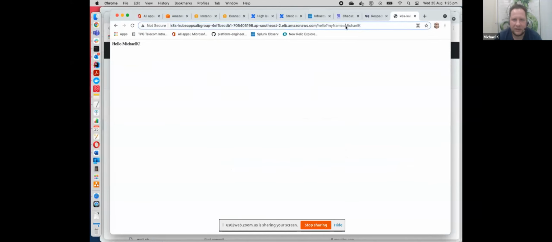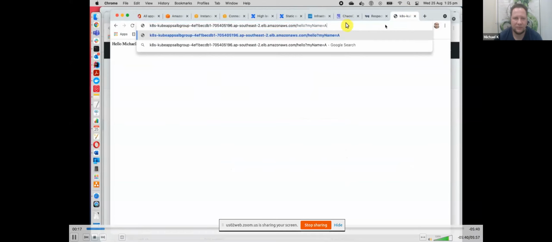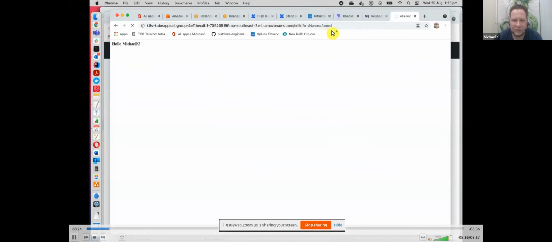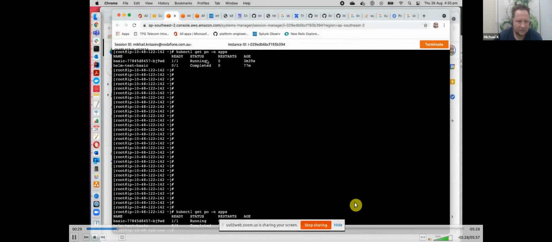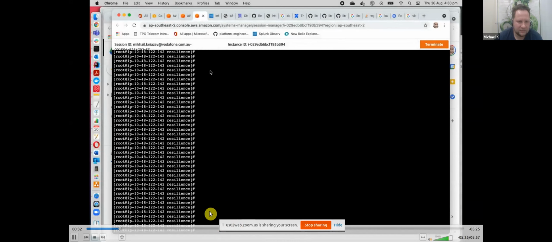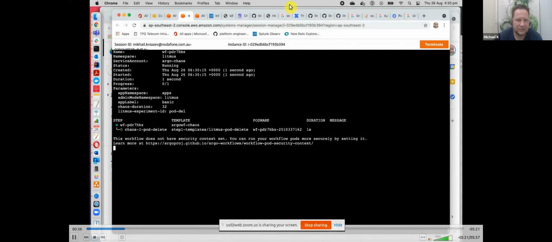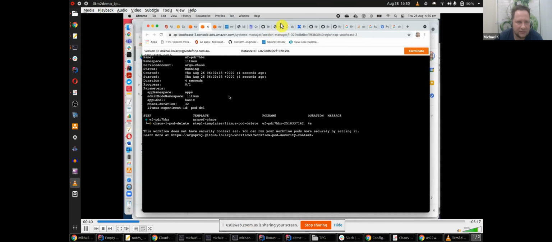You see Michael K on the top, and now I choose the name Anmol. Anmol is actually one of the recent students who completed my and Car6 course on configuring Kubernetes for reliability. So now I am showing there is one pod, and now I'm starting Argo, which is orchestrating